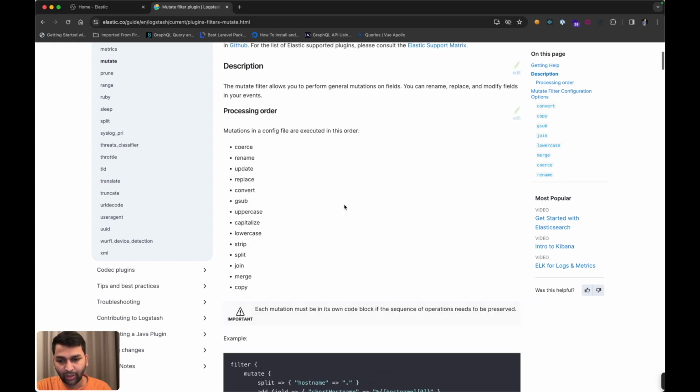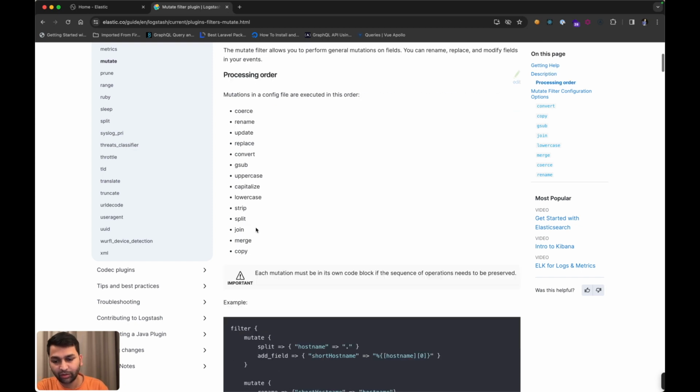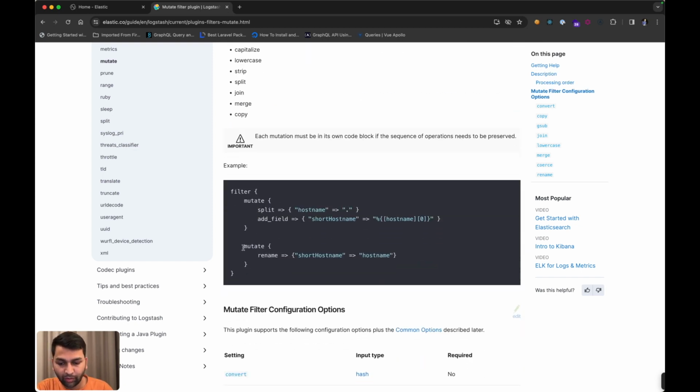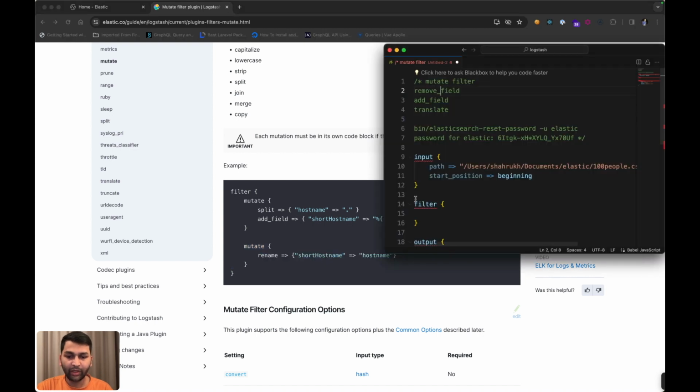So that's possible. And also, if you have multiple mutations in the filter, then this is the sequence that it will be executed in. So rename, update, and these are all the actions that you can do with mutate: rename, update, replace, convert, etc. You can read that. So we will take rename, and